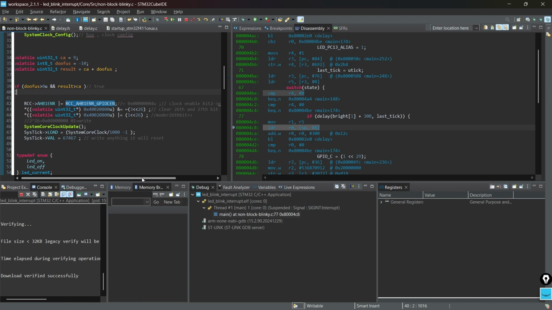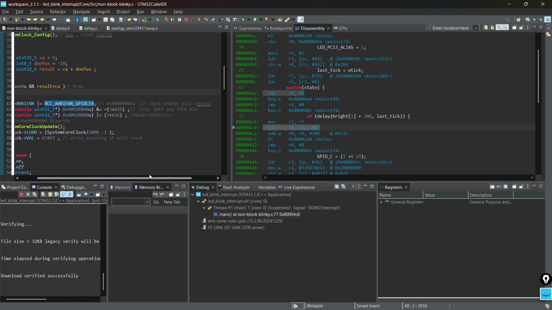I've already written it in the comments. 4 is used to set up the second bit: 0, 1, 2. This is 4, so 0, 0, 1. If you write some register equal to 4, it just means that you have set up the second bit. You have turned the second bit on.